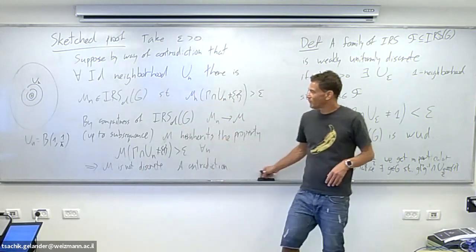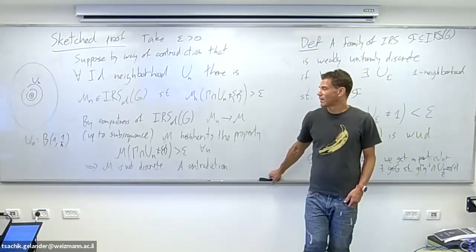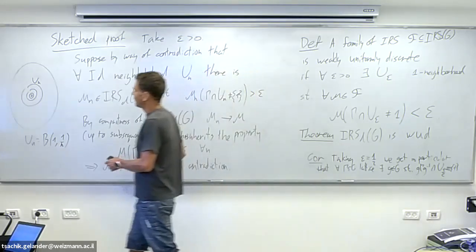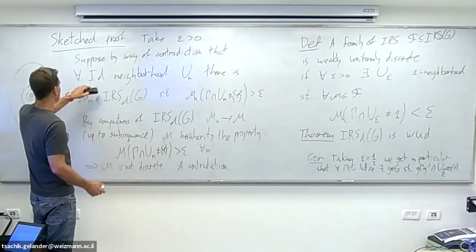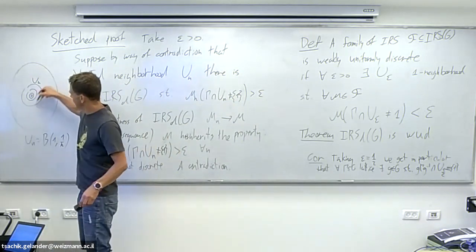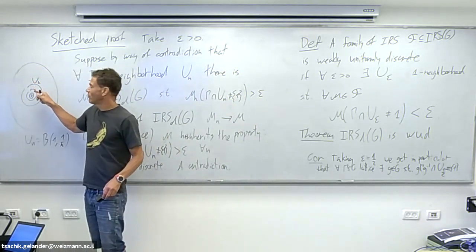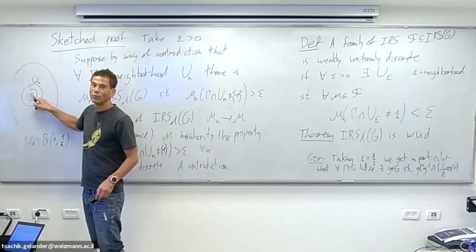Okay, that's Tsachik. Ken: So you pass to the limit mu, and you said it inherits, but don't you need to also say that it's true only for some kind of limit of U_n? How could you say it's true for each U_n exactly? Because, yeah, I didn't write it, but I draw it. The U_n are descending. So if you intersect U_2 non-trivially, you will intersect the larger ones non-trivially. Ah, I see. Okay.